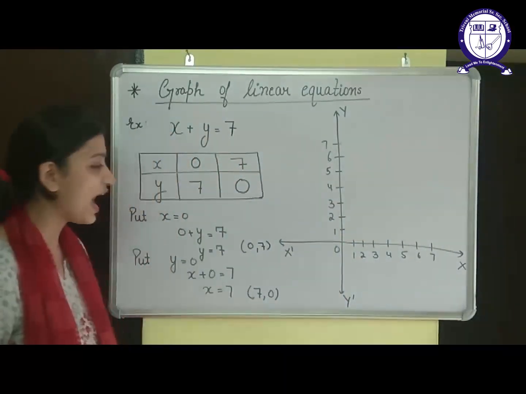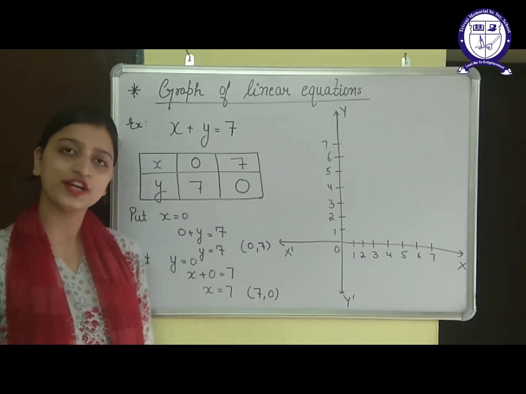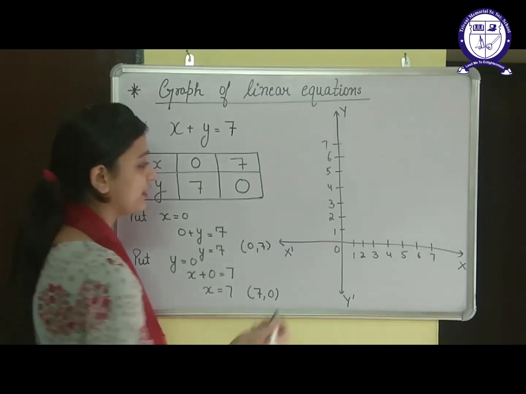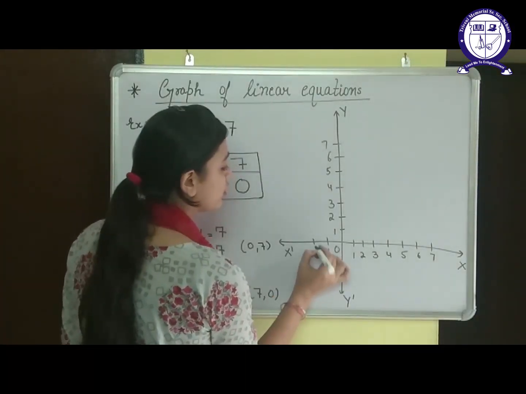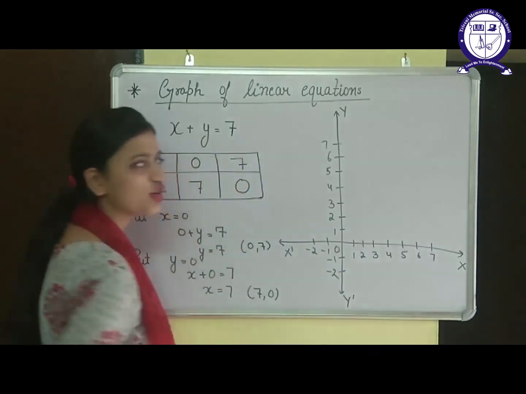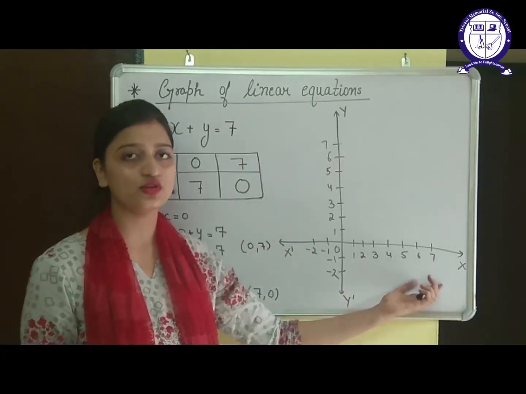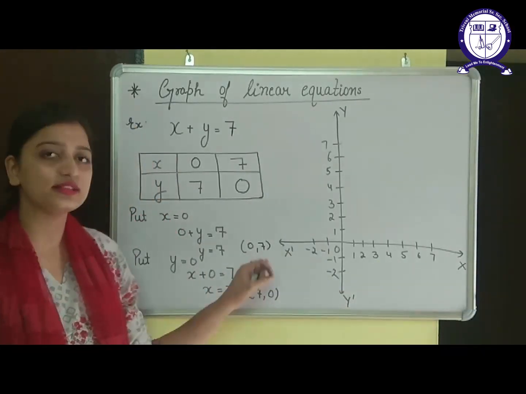In this question, I don't need the negative values, so I am not drawing it. You can draw it. There is no mistake in that. And if you don't write it, it will still be correct. Suppose I am taking the negative values as very less and I am mainly focused on the positive values because I need to plot them only.